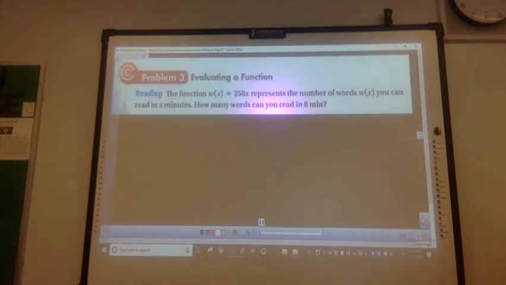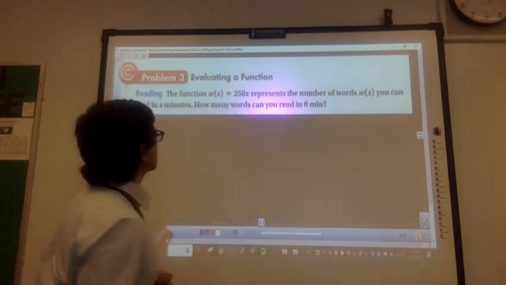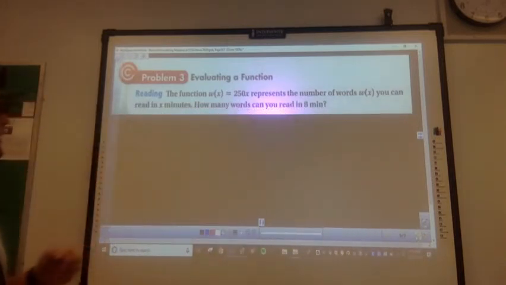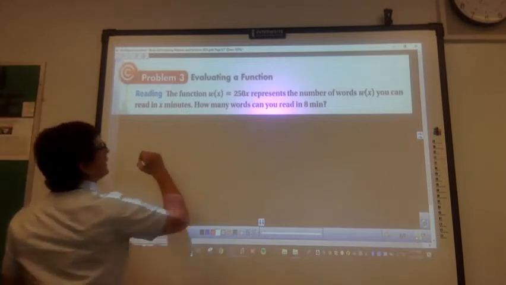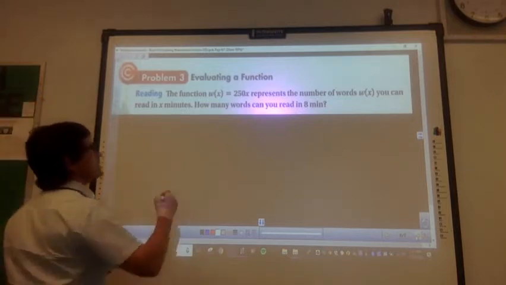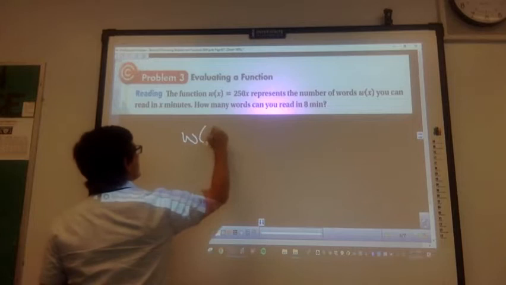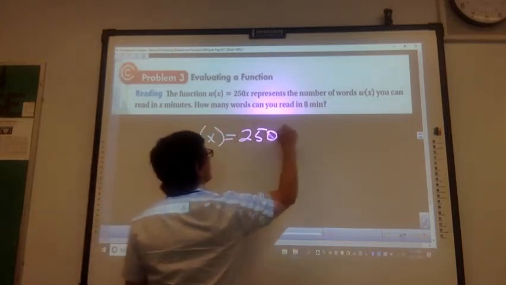Okay, so we have a problem with function notation. This problem says the function w of x equals 250x represents a number of words, w of x, you can read in x minutes. How many words can you read in 8 minutes? So if we write that equation, w of x equals 250x,